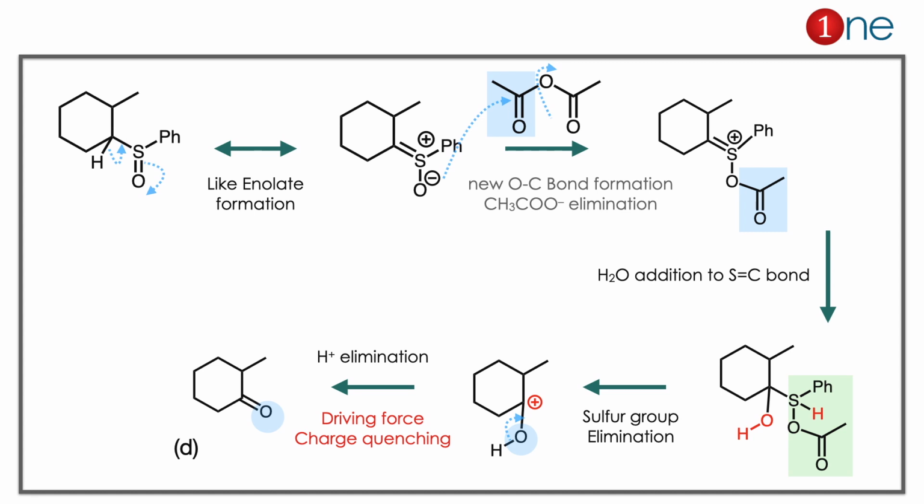So next step, you are adding water. Water adds to the double bond to saturate it. So OH minus and H plus are added there. Then you are heating. What really happens is during the heating, the sulfur group is eliminated away. It's a sulfoxide elimination. So you have the cation formation there near the alcohol. So the only quenching possibility is formation of ketone, which is answer D.